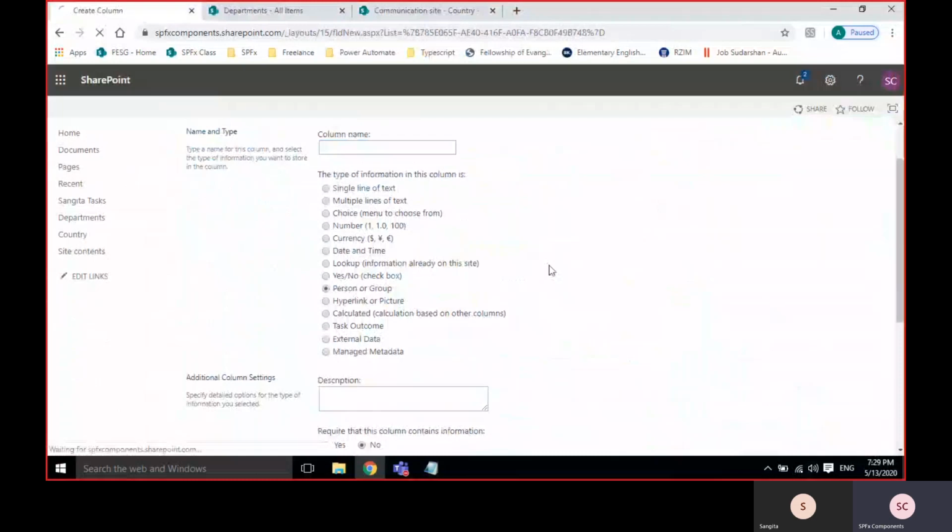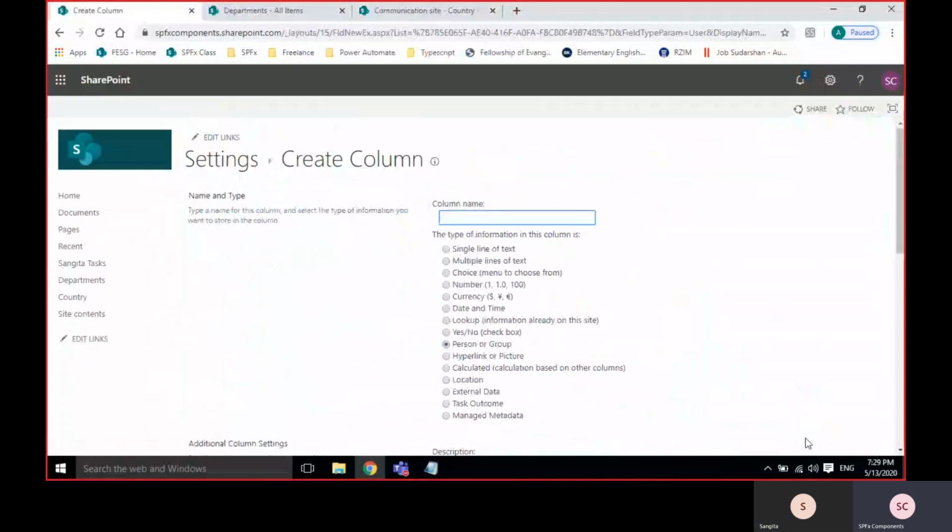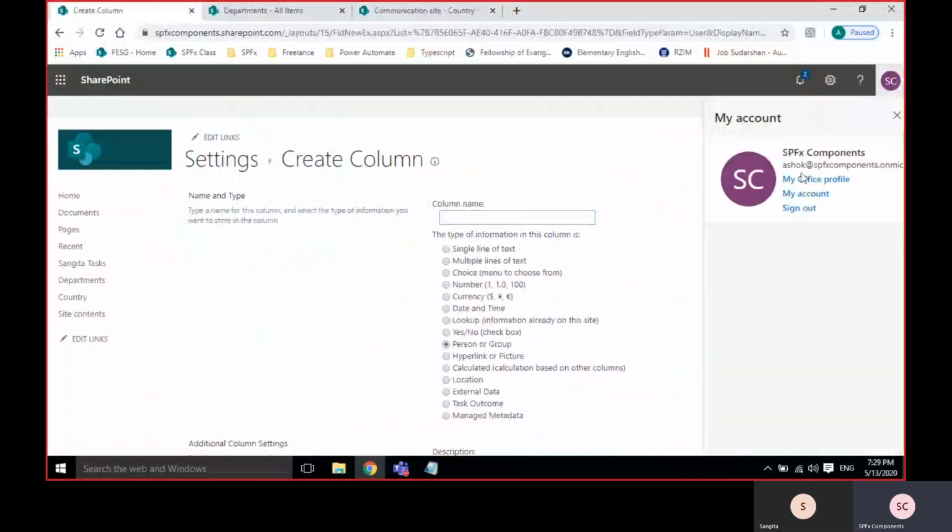So, person or group. Generally, I was logged in with the account called SPFX; the title I gave it is SPFX components, but the email I gave as Ashok. Yours is Sangeeta.